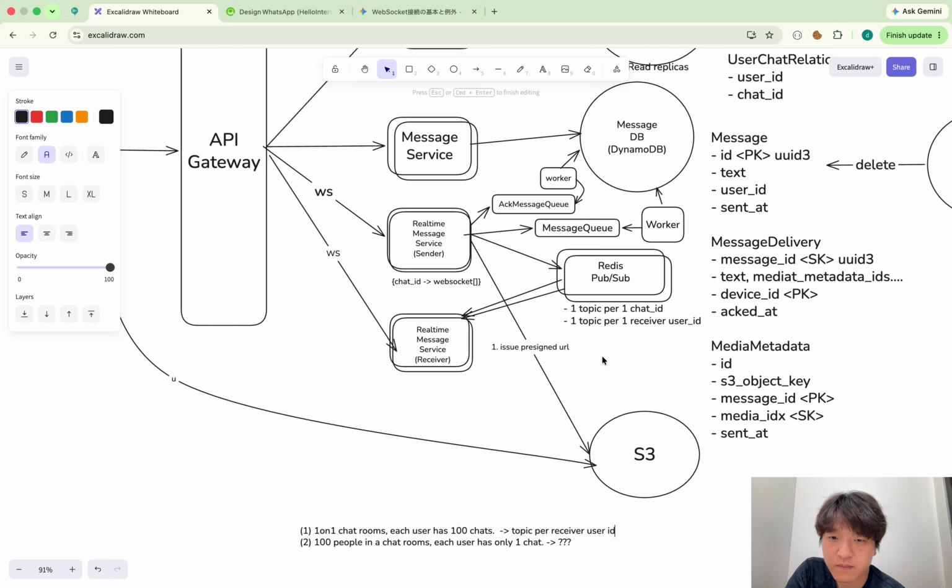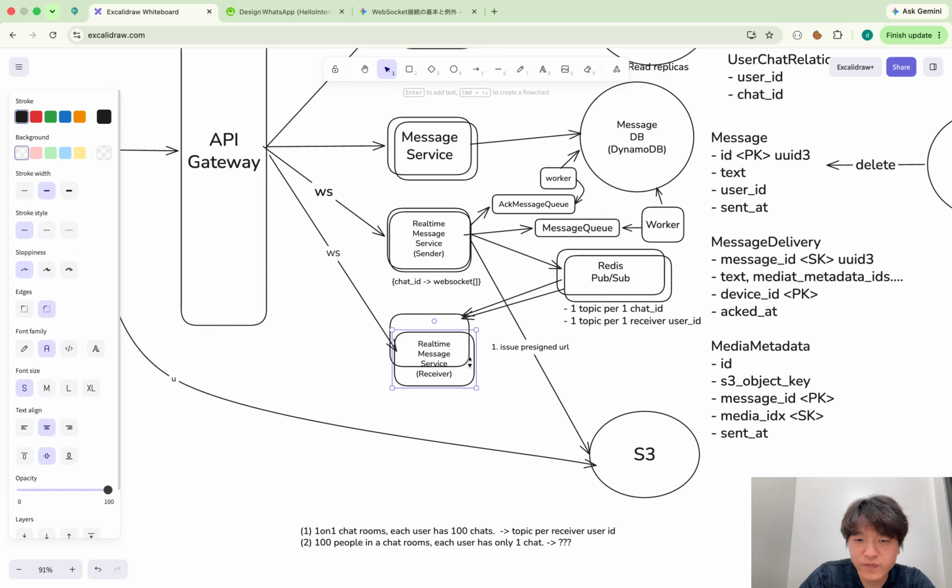Okay, is that it? And of course, because there are many Redis PubSub topics, each server has to subscribe to multiple. For each user, the receiver server has to subscribe to exactly the number of chats that user has. But to be honest, this isn't a big issue compared with the Redis memory issue, because the